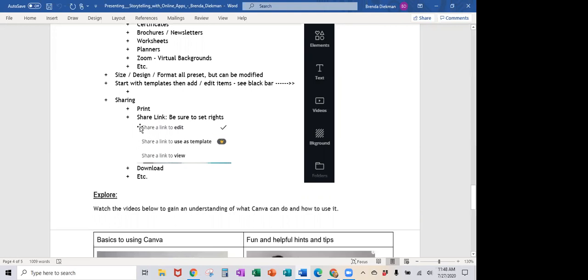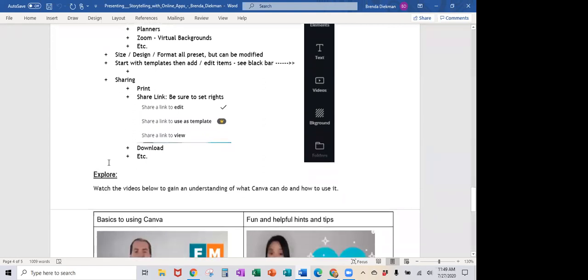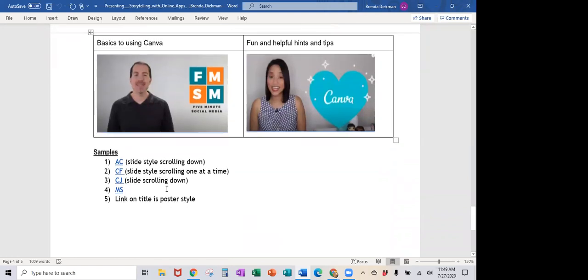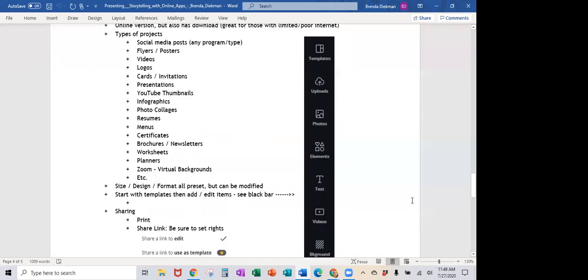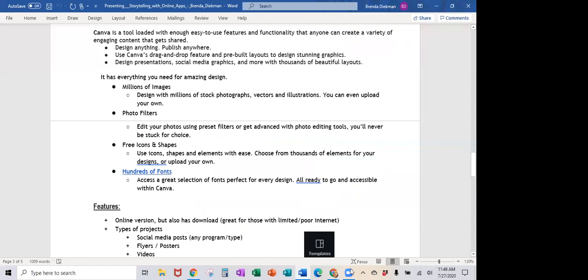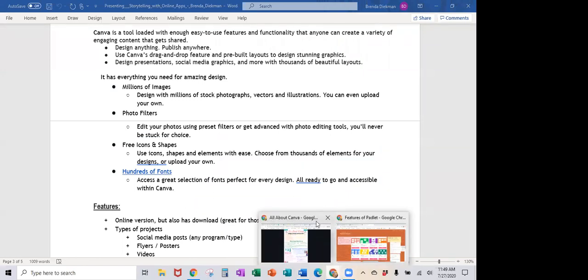They also print directly out of there, or they will print for you too. So for example, like the stickers, if you want to print a set of 100 stickers of something, you can make your sticker and send it to them, and they will print it for you and ship it to you. So you do have that option as well. And then there's a couple more videos to watch about Canva if you would like, and then some student samples of why they liked Canva or what they thought about Canva. So I just wanted to give everybody a little heads up on what was available